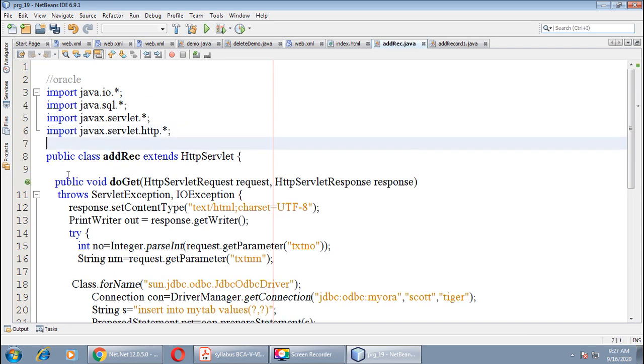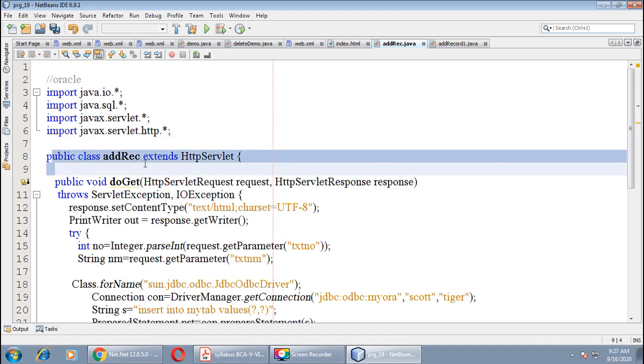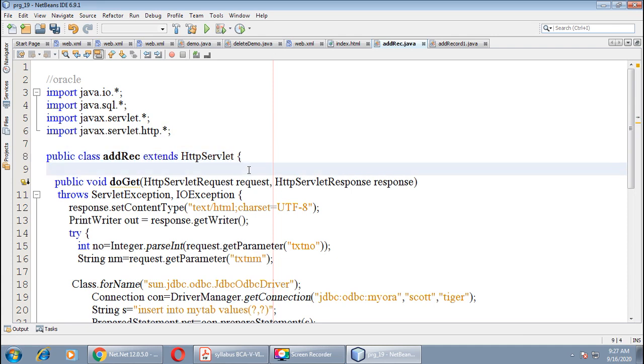Okay, now public class add record extends HttpServlet. This always we do for our all servlets. And as I told you, you can take doGet method, processRequest method, either method you can take. And if you have taken post method in your index.html, at that time which method you can take over here?